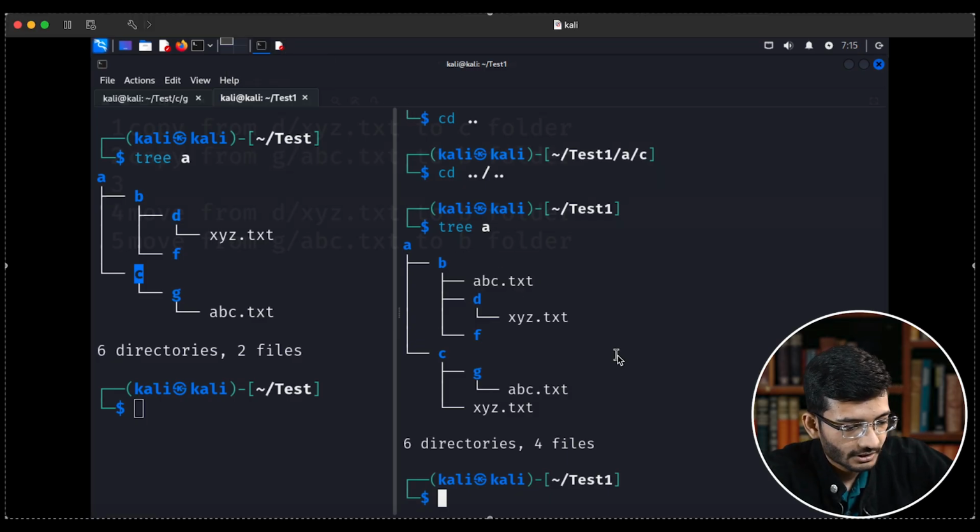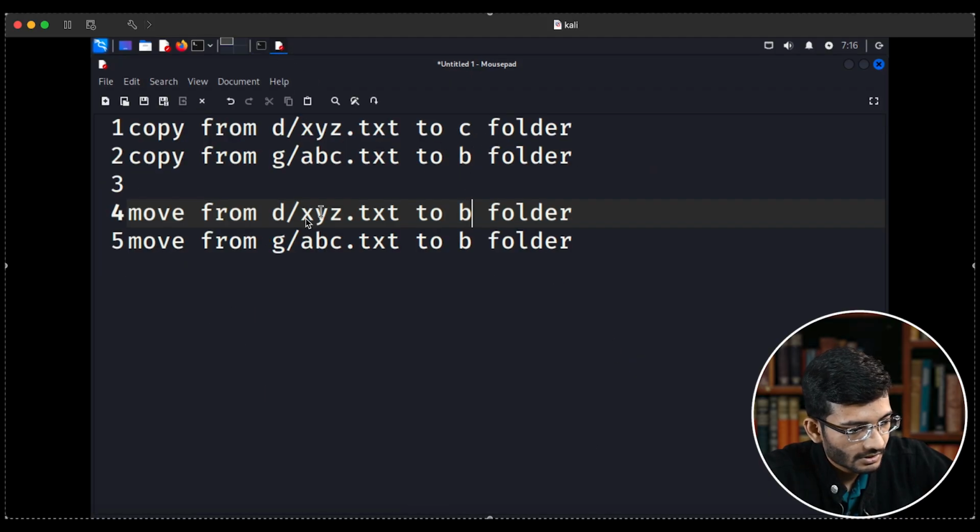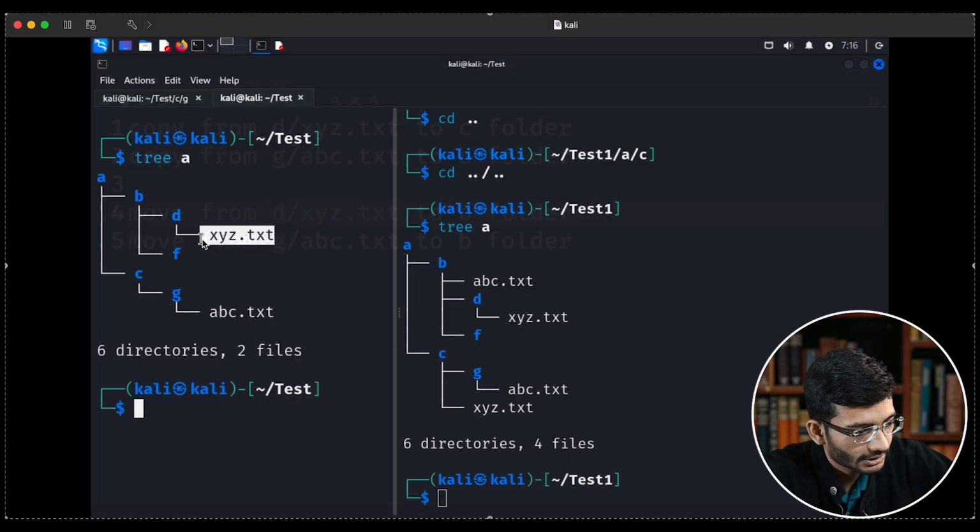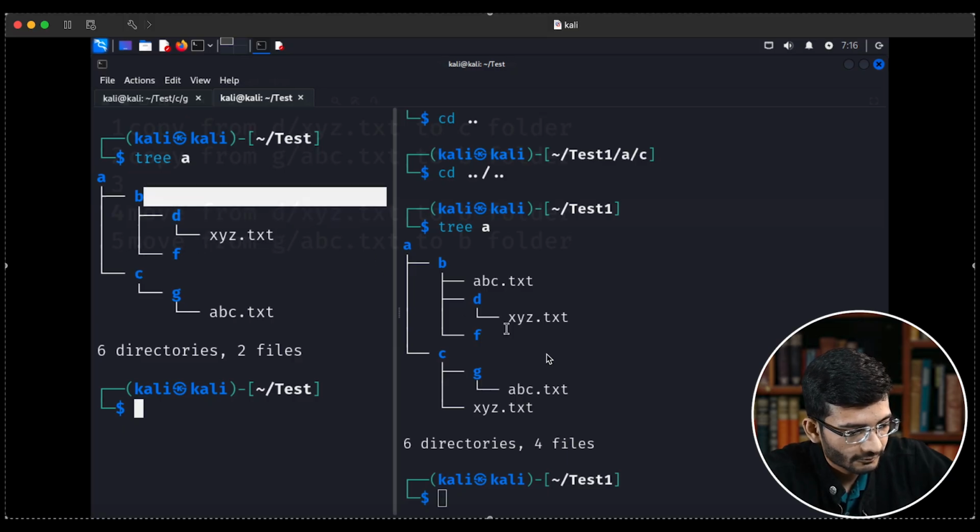Now the next part, we are going to move some of the files and folders. Now I have to move this xyz.txt from D folder to B folder. So let's see, from D folder to B folder I have to move it. For this thing I have to traverse it from D folder to B folder. For this thing I'll say mv space